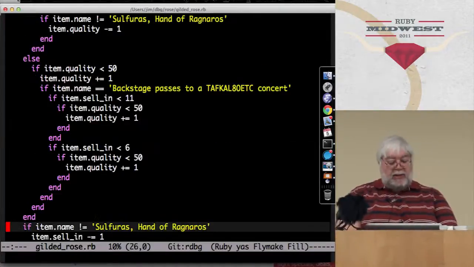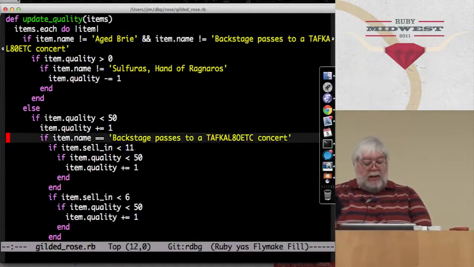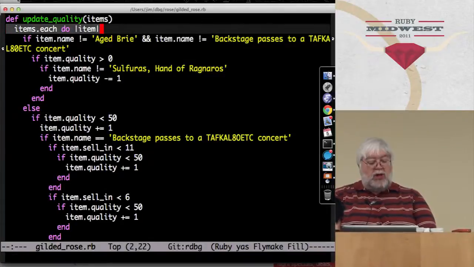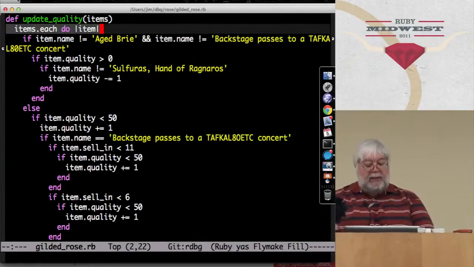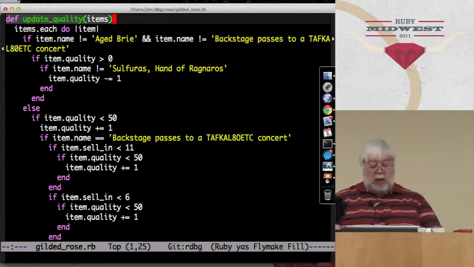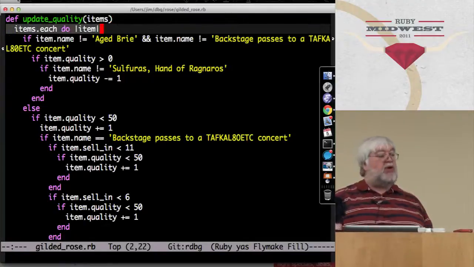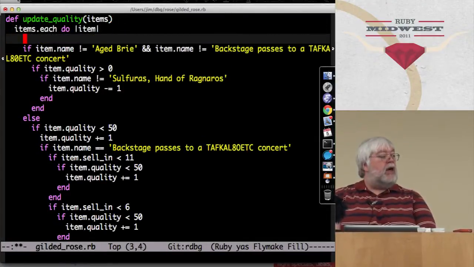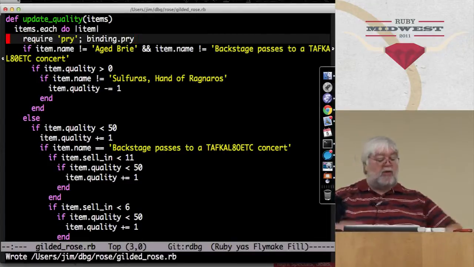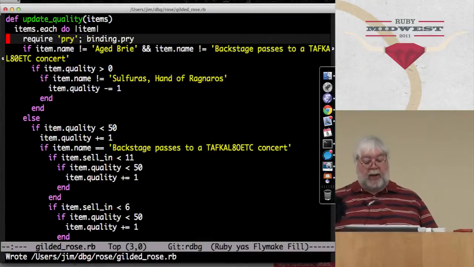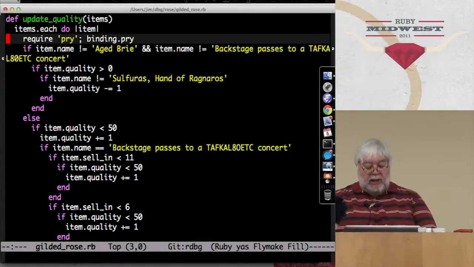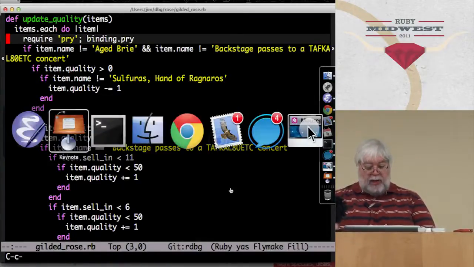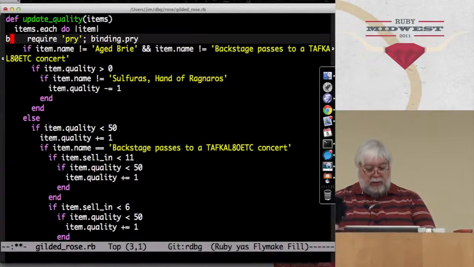So let's use our normal technique here. We get a list of items, update quality on items. We walk through each item. So here seems to be a good place to drop in our pry test, right? So we'll just require pry and call binding on it right away. We'll do that, and we'll go over here, and let's see, wait, hang on. I want to go back to the